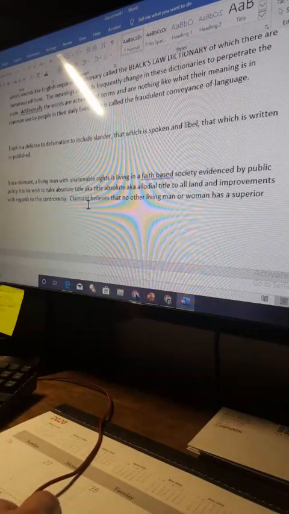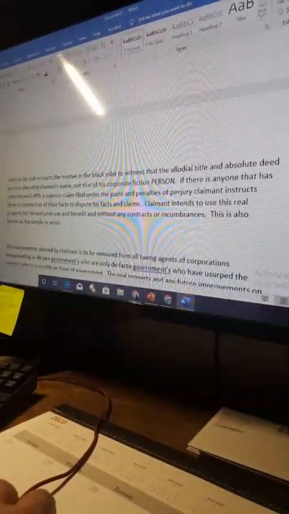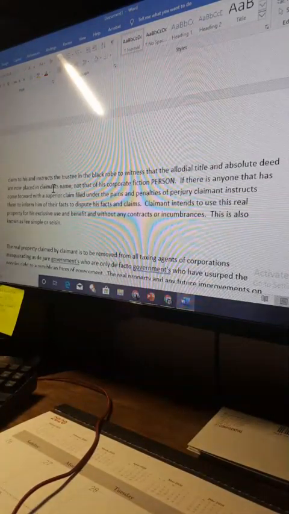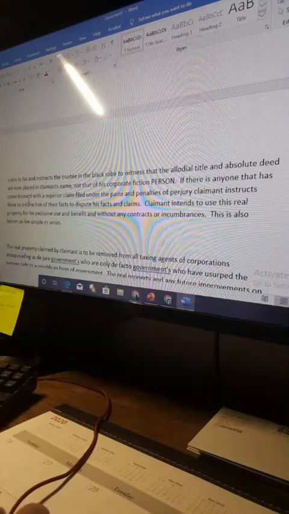Claimant believes that no other living man or woman has a superior claim to his and instructs the trustee, the one in the black robe, to witness that the allodial title and absolute deed are now placed in claimant's name, not that of